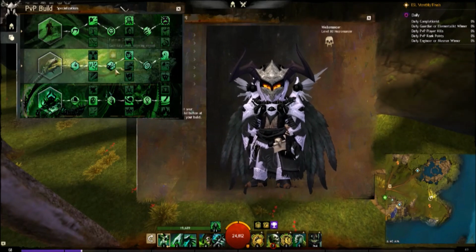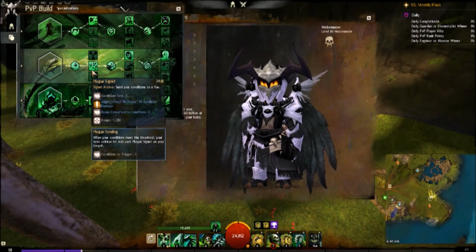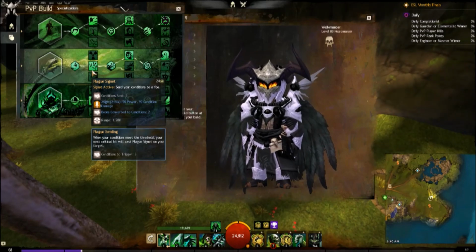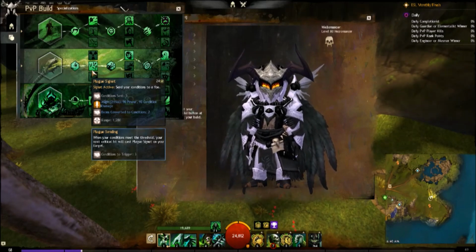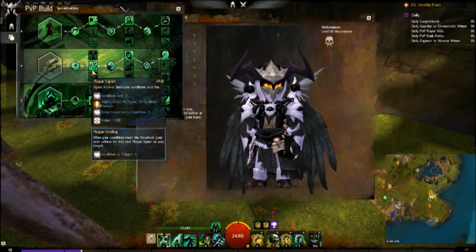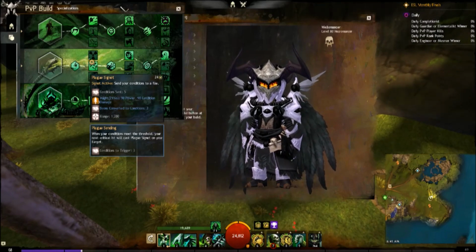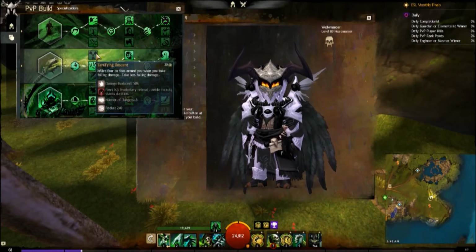So Curses gives us access to... this gives you a passive signet, so whenever you have 3 signets on yourself, your next critical hit will trigger Plague Signet, which sends them all to your foe and converts some of their boons to conditions, sorry. This is also run for